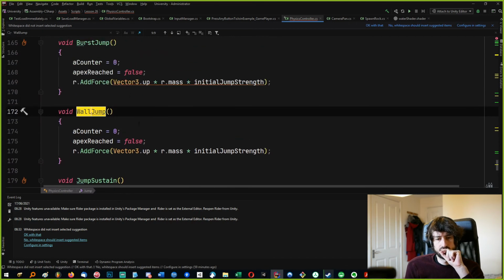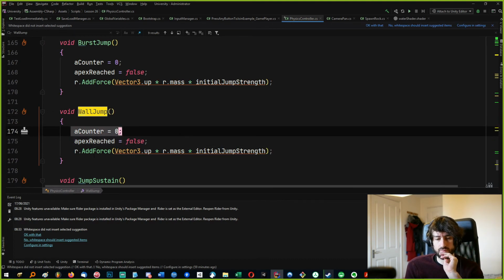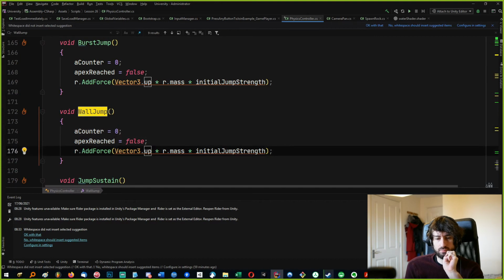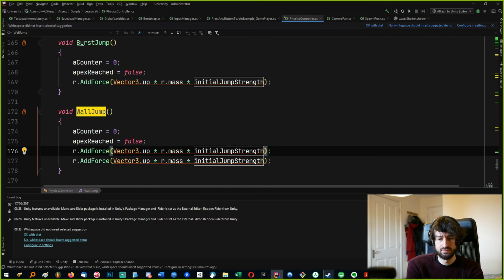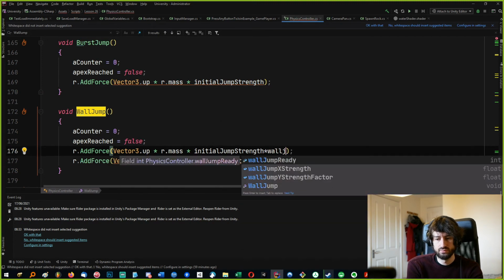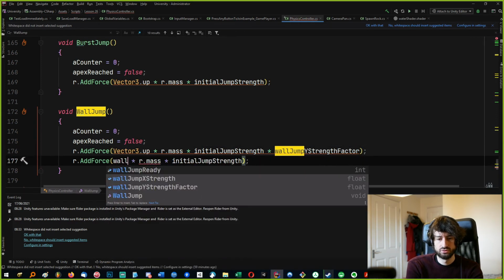Right, so this time we're going to add a counter. Although you might want a separate counter for wall jumps, you might want to treat it as an entirely new behavior. But we can add force instead of adding up. Well, we can just do two things. We can do this times the wall jump y strength factor, and then we can also do wall jump